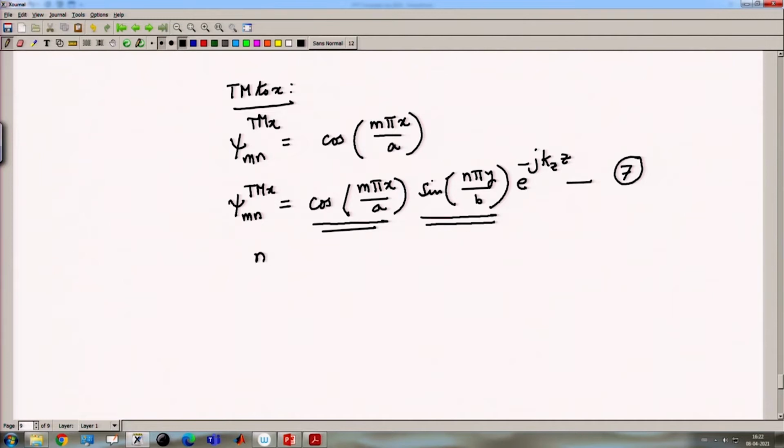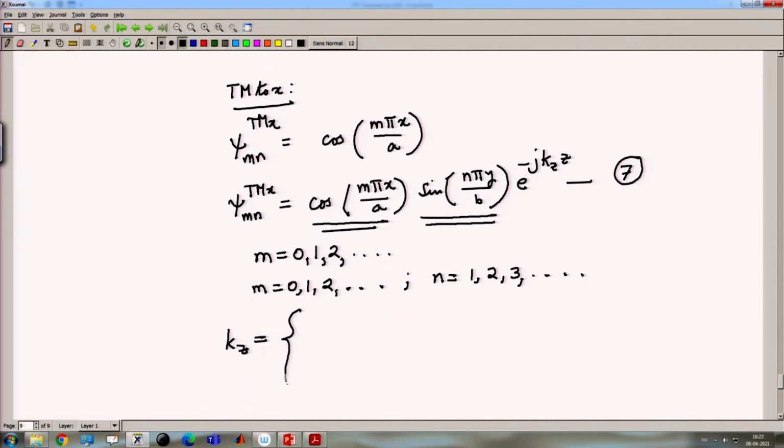So, in this case m can take the values of 0, 1, 2, etc., and n can take the values of 1, 2, 3, etc. And kz is given by beta, that is equal to k root 1 minus fc by f whole square for f greater than fc,